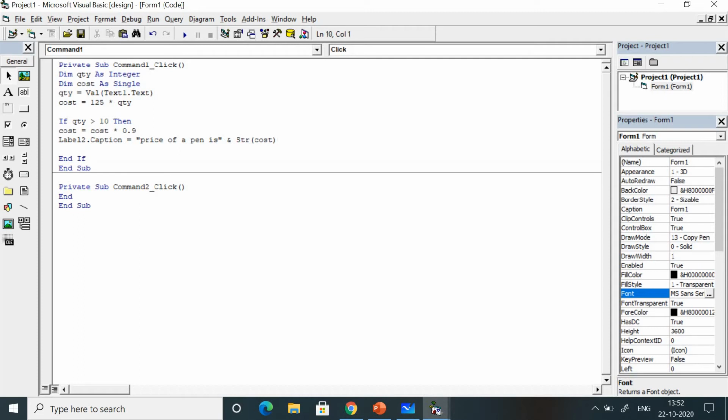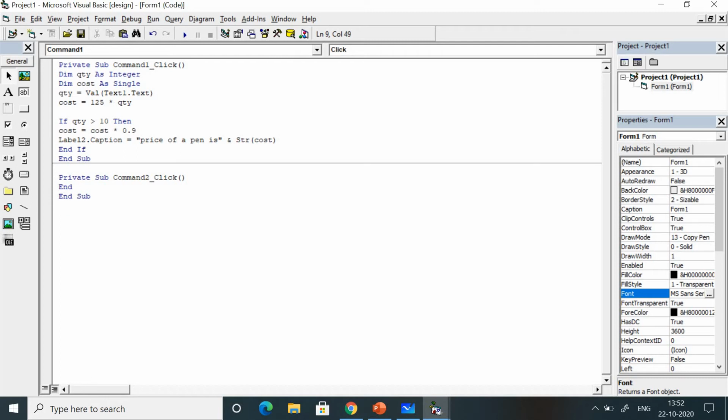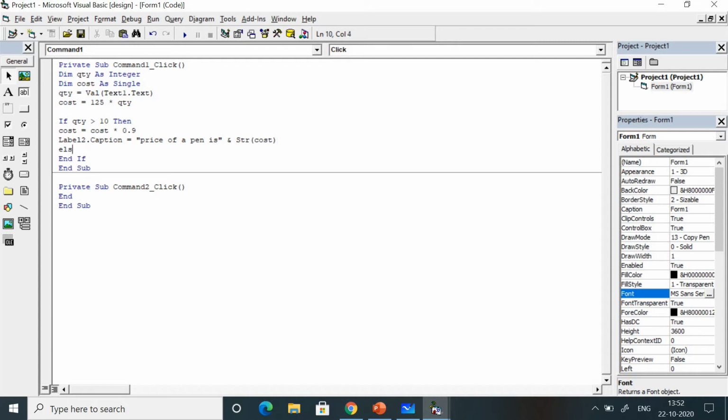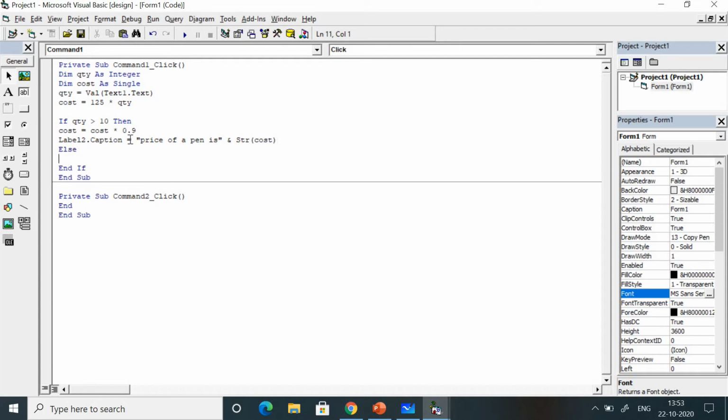then I have to write again if statement. Or you can also use else part. Else, matlab this condition is true. If the condition is not true, then go to the else part, that is false part. In the false part, if the quantity is not greater than 10, then